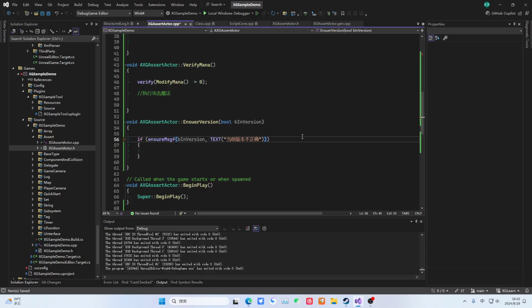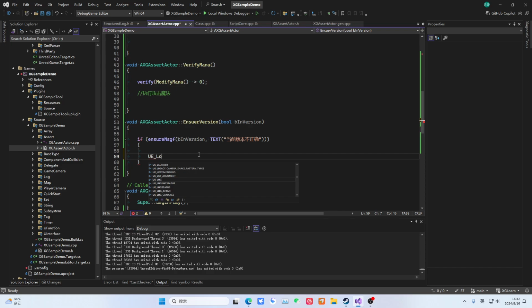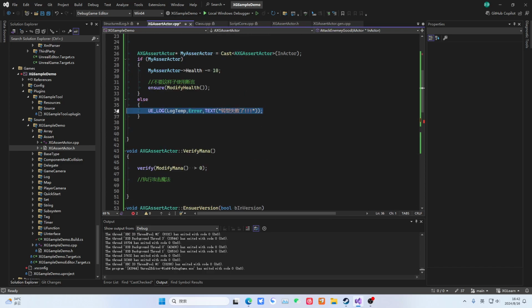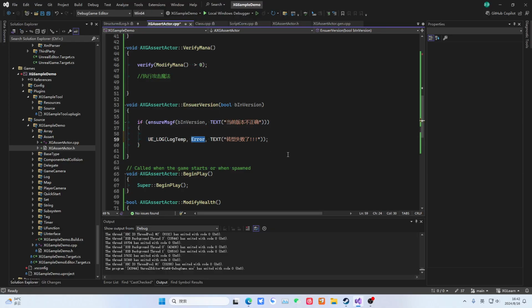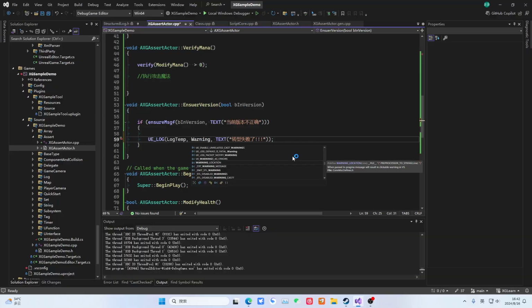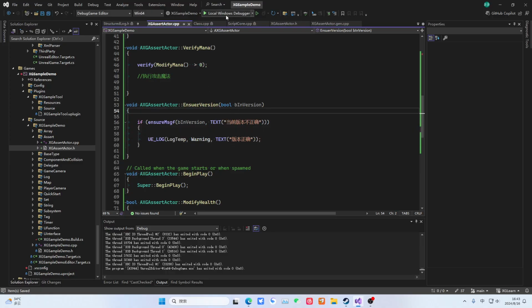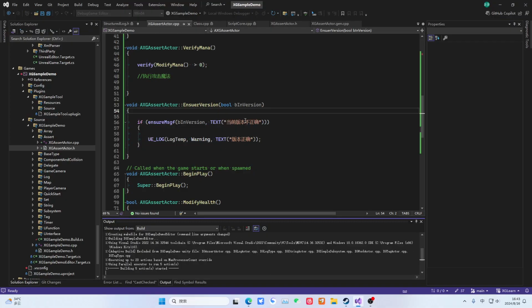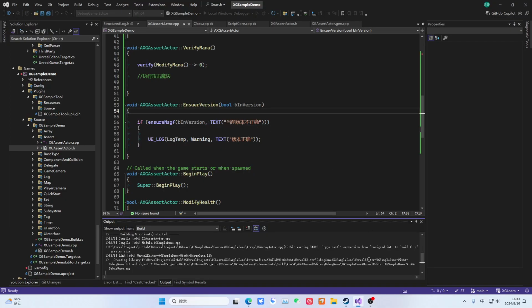Of course, you can also fill in a parameter here. We don't need to fill in this parameter here because it must also be similar to this, the way of filling with variable parameters. Okay, then here, if the version is correct, we write a log here. Let's see if there is a log earlier. Let's call one over. Okay, let's write version correct here for everyone. Now let's call it. Then we can check if our log is output. Just now the version was incorrect. If we pass a false,